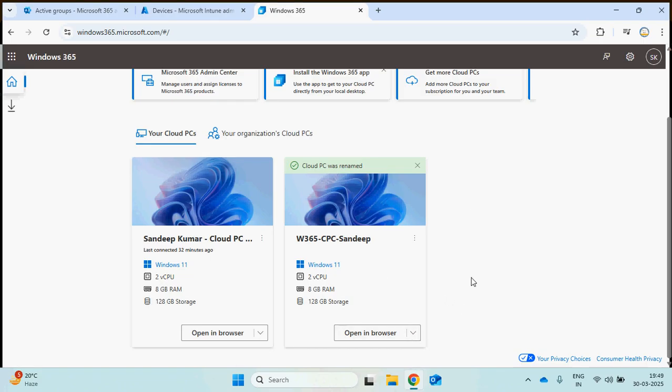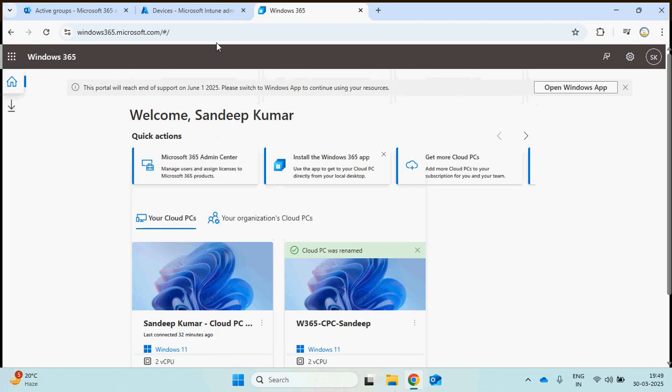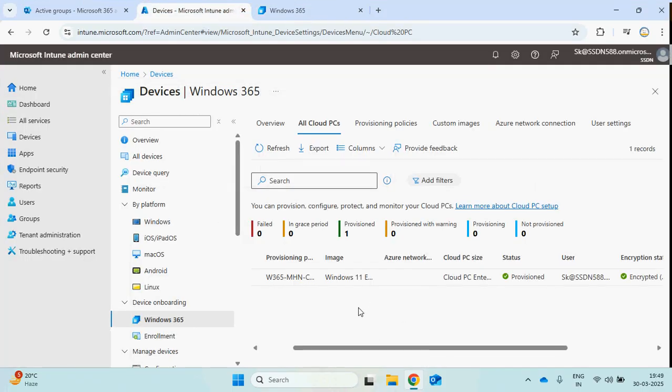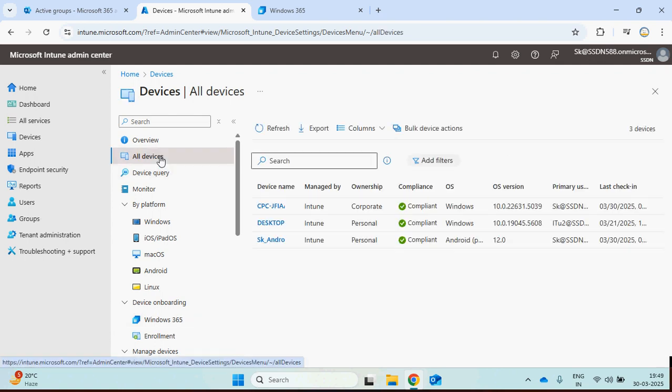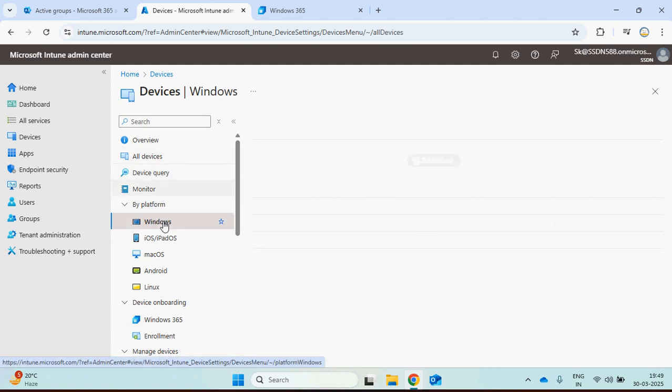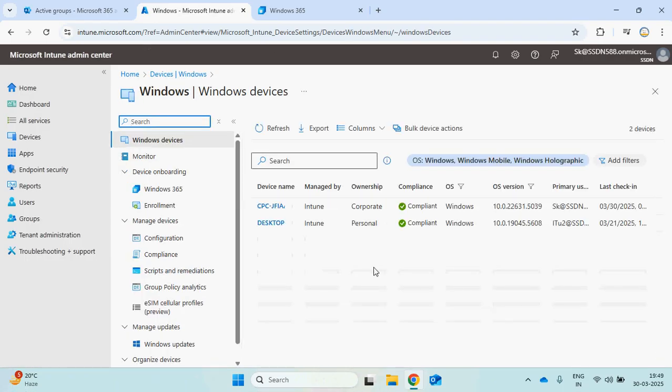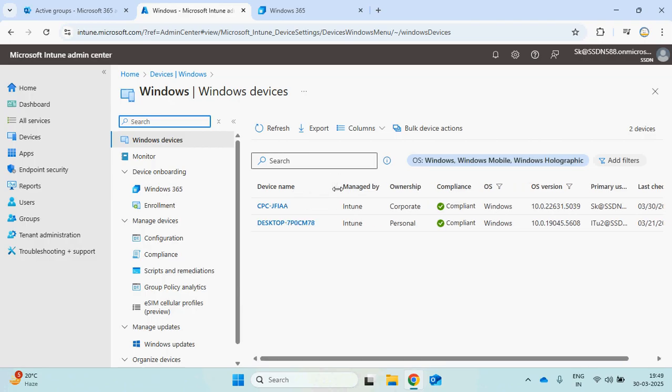The only difference between that and this, I want to show you, because once this PC is provisioned, if you go to your devices, under Devices, if you go to Windows, you'll find one device. Can you see it here? That device is my cloud PC.